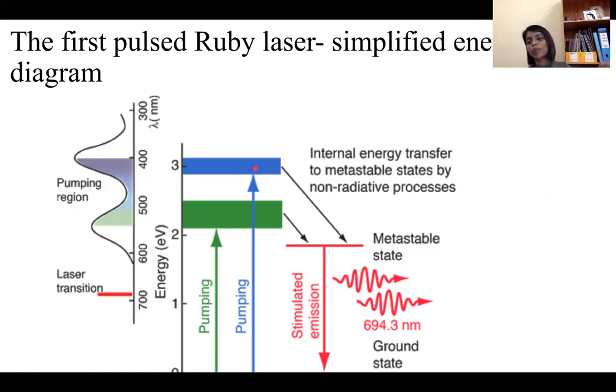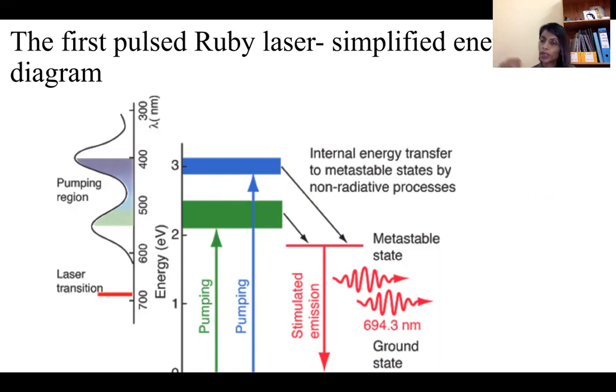So we just have to make sure that the helical gas discharge has blue and green light coming out of it, so that electrons in the atoms of the ruby crystal will be excited to higher energy levels, and then they quickly decay to the metastable state, where they accumulate to achieve what do we call the